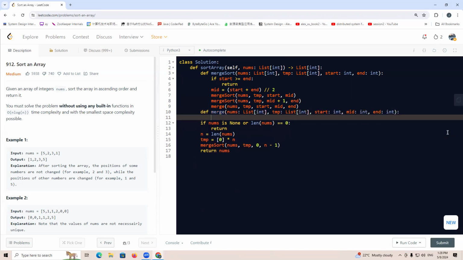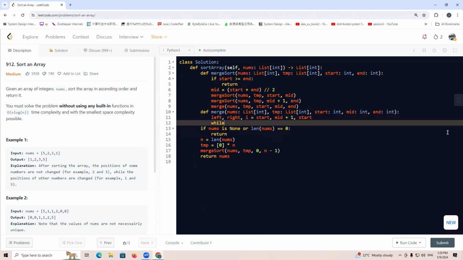Let's say we have left, right, and i: left is start, right is mid+1, and i is start. Then while left is smaller or equal to mid, and right is smaller or equal to end,